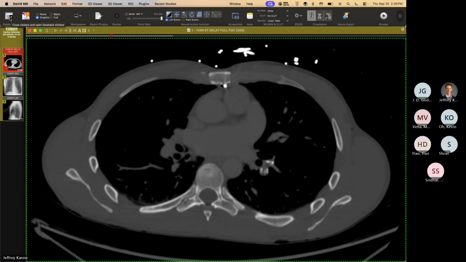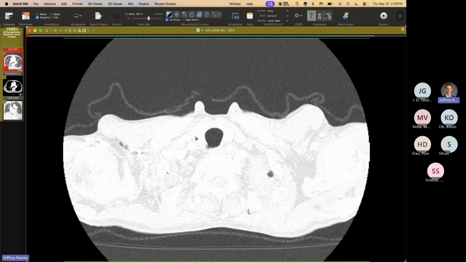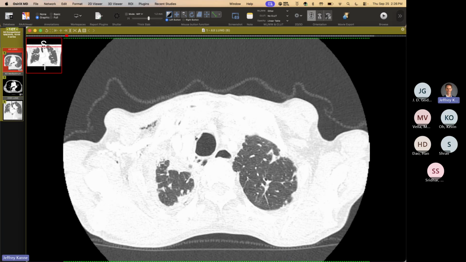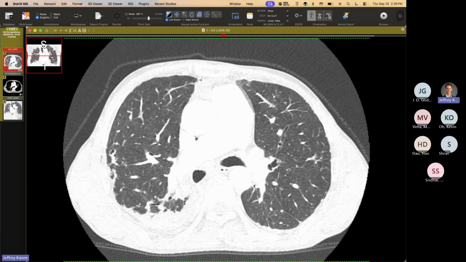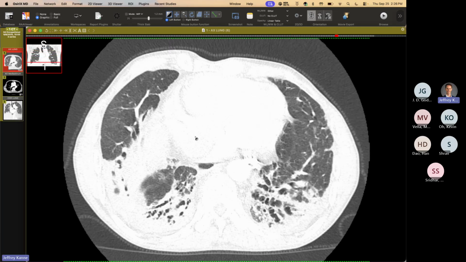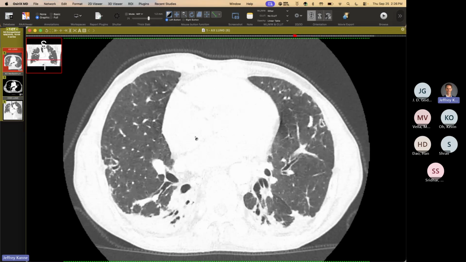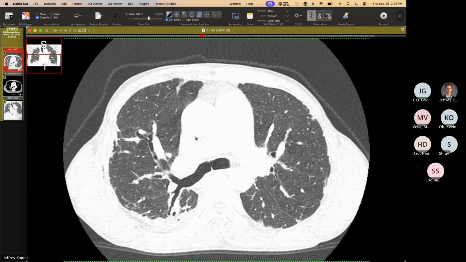Interesting. All right, this next patient is a 57-year-old, and this is an interesting lung. He's got kind of a very complicated picture. So I'll scroll through his lungs first, because I think he's got a couple of different things going on. So you can clearly see he's got fibrotic lung disease down in the lower lobes. But then if you look carefully, as we go up higher, he has